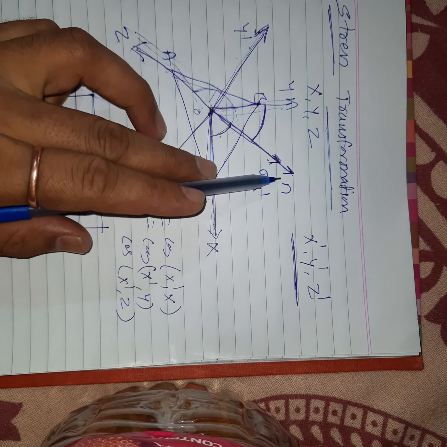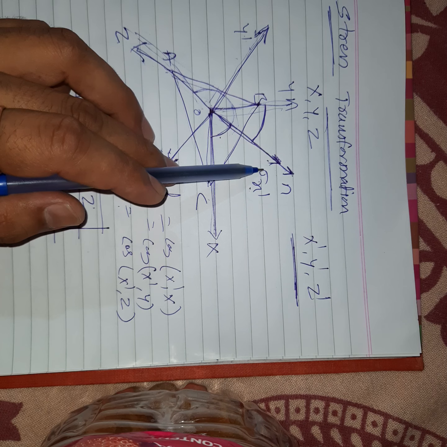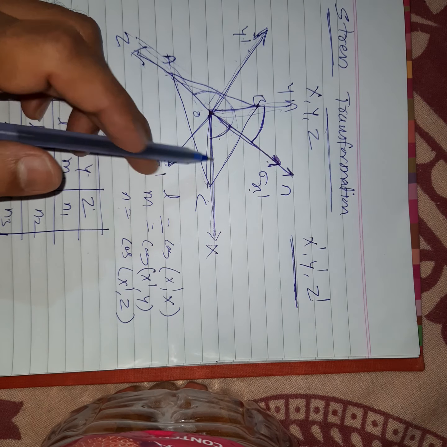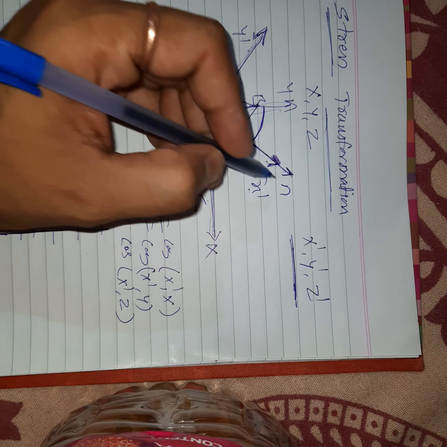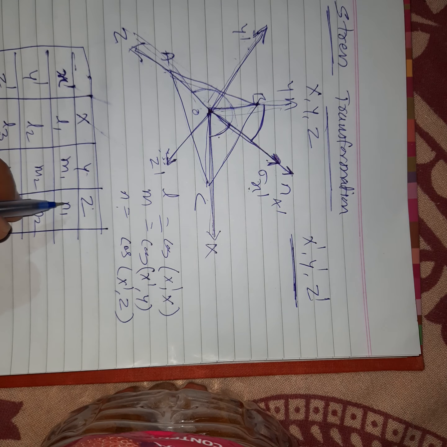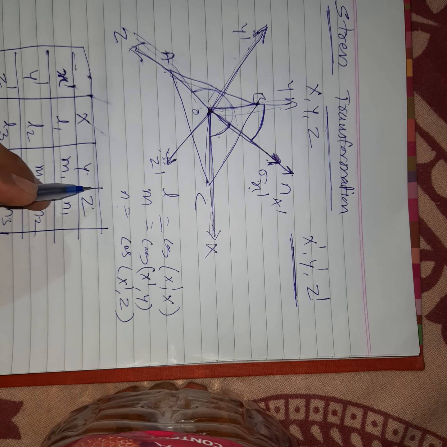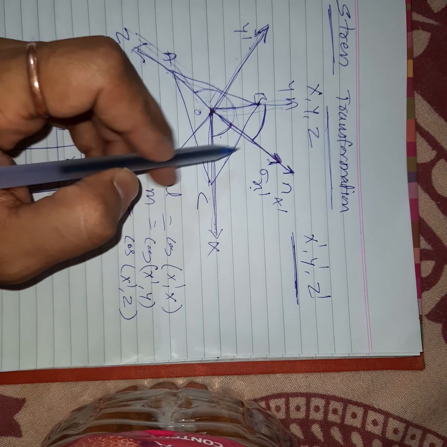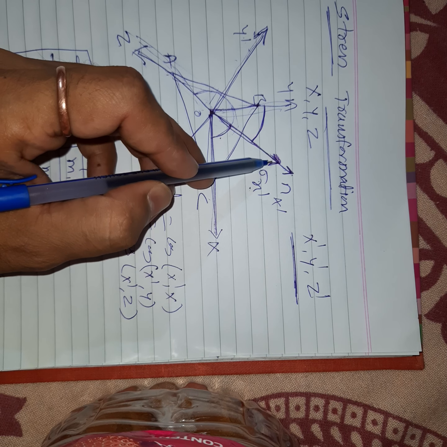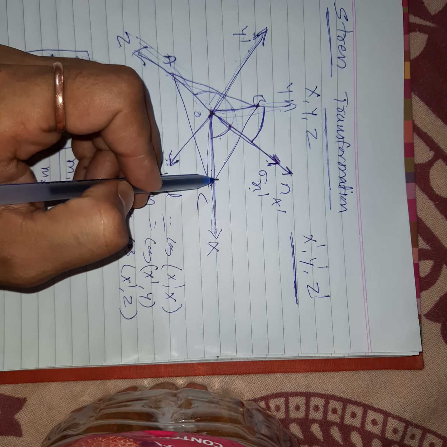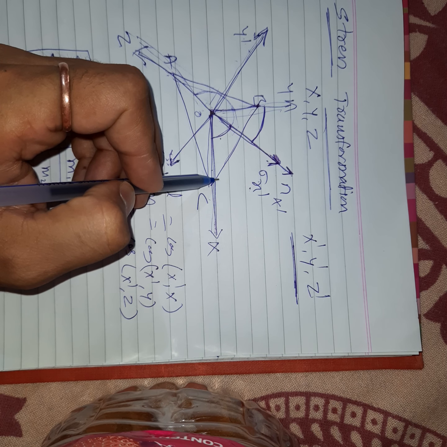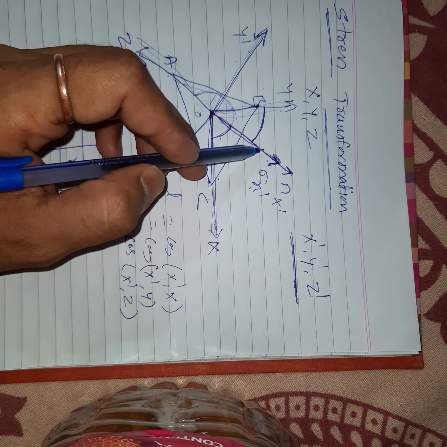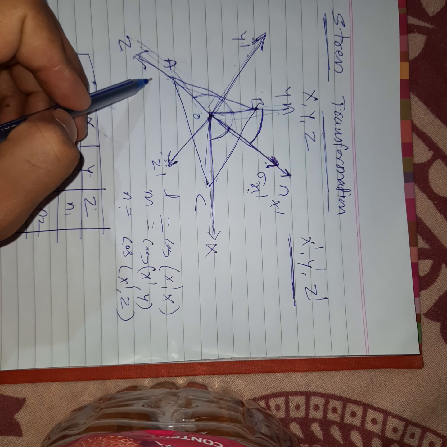If I talk about this oblique plane x dash, the normal stress sigma x dash acts on this x dash face. So what will be the direction cosine l? Here the direction cosine is the angle of that plane with respect to the given axis, meaning the angle between x dash and x is equal to l1. The angle between x dash and y is equal to m1. The angle between x dash and z will give you n1.